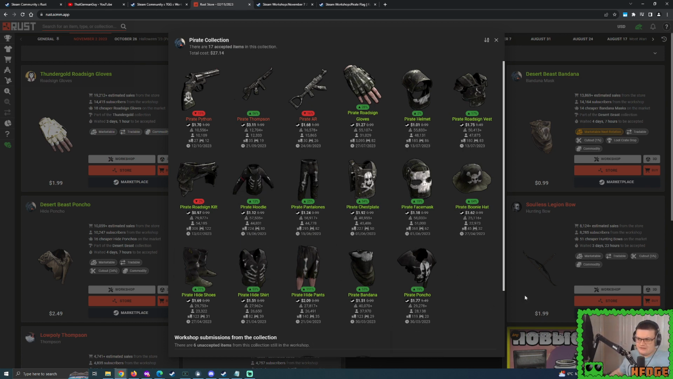But get a good look at this. Pirate Collection's doing very nice at the moment. A lot of Rust skins are doing better. So, as you should be well aware, if we quickly hop over to here and look at the likes of this,